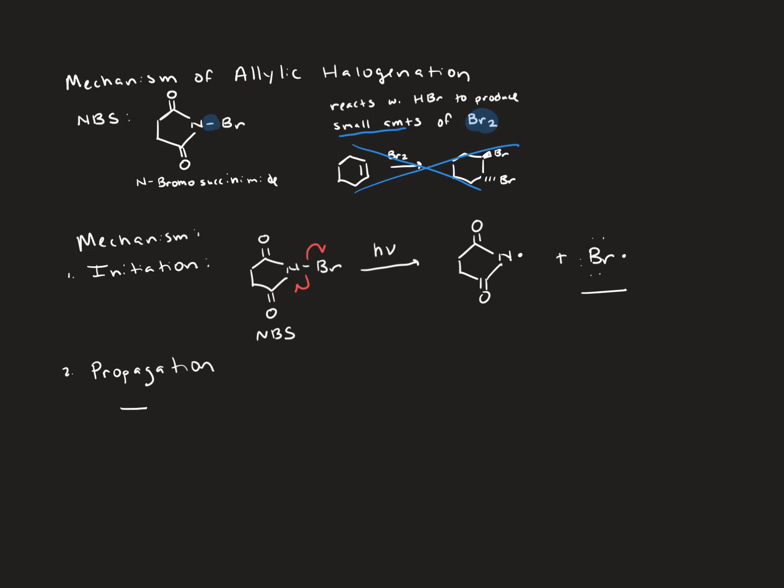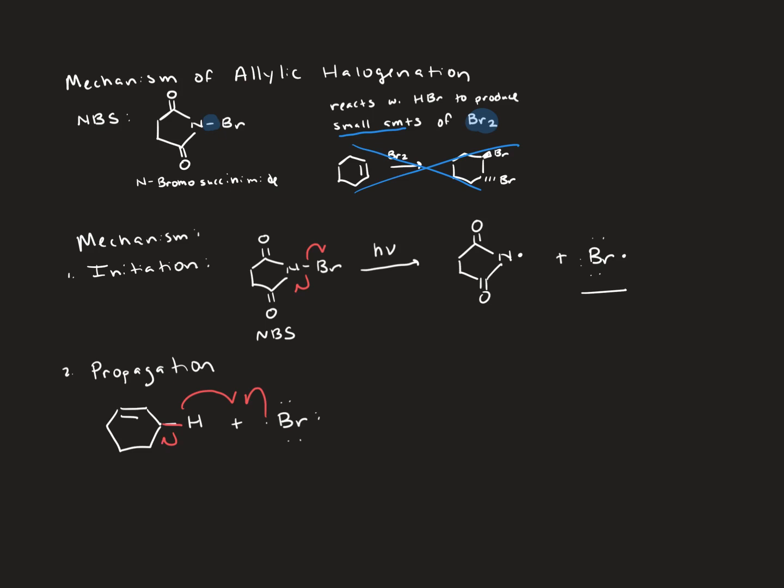I'm going to use a very simple alkene for reasons that will become very clear on the next slide. And I'm just going to choose one of the 2 identical allylic hydrogens. So this is going to react with our bromine radical, and it's going to undergo a hydrogen abstraction. Remember, the weakest CH bond is the one that makes the most stable radical. And so this CH bond, the allylic one, is the weakest bond around. So that's going to react with our bromine, and then it's going to create a carbon-centered allylic radical in the